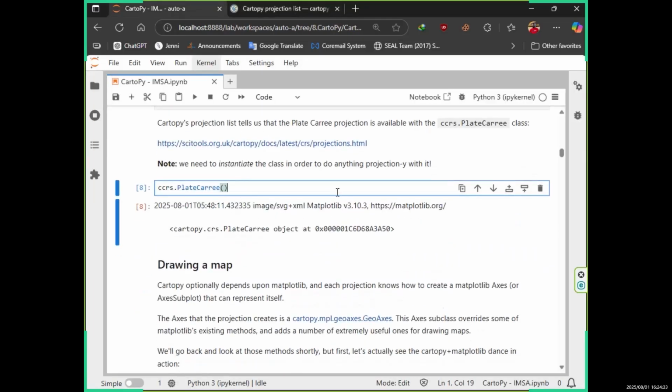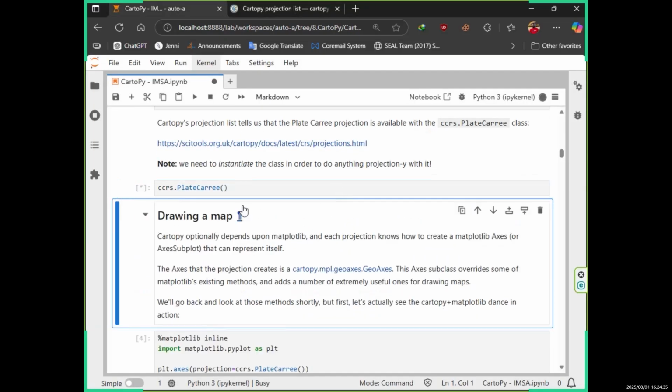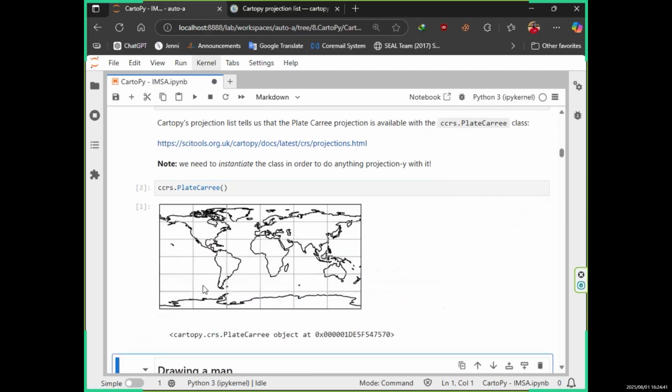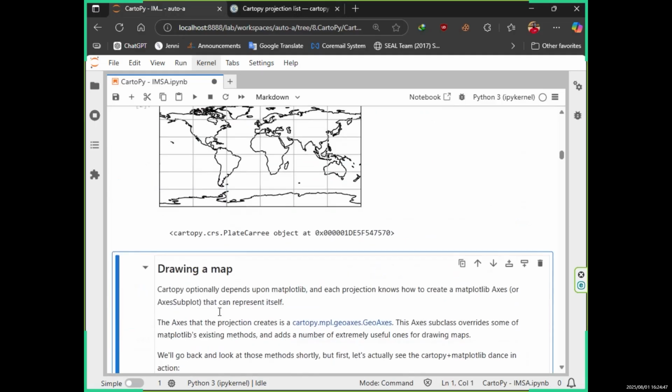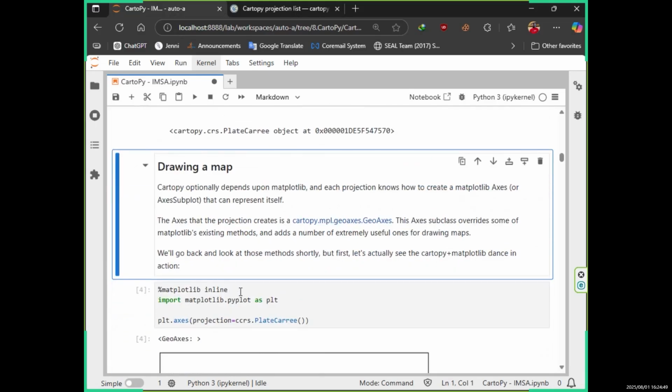So what will happen after we call for this one? Nothing will happen, but it will assign this one as CCRS. So here you can see the default map. But how can we draw something in this map? To draw, no matter what, we have to use